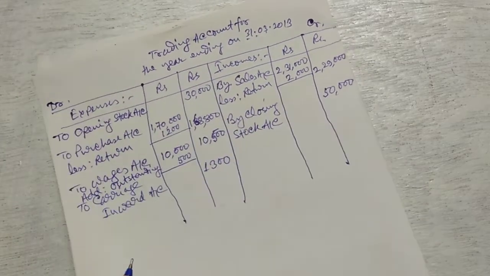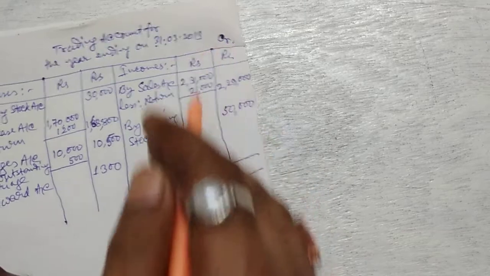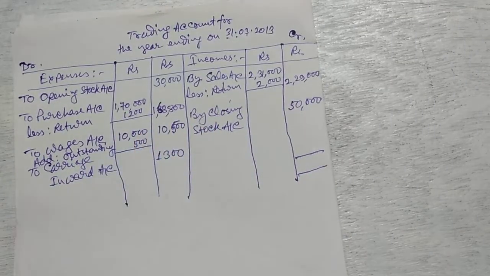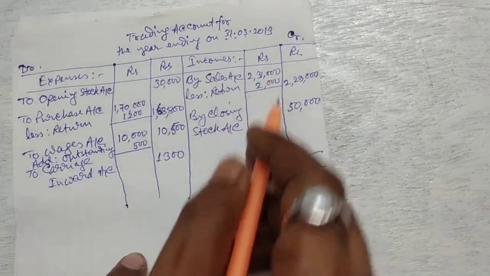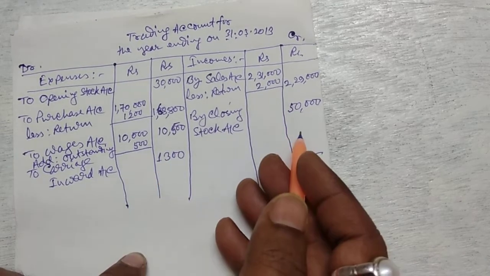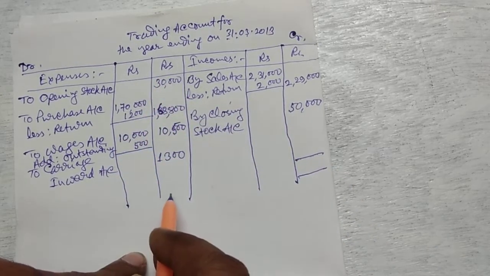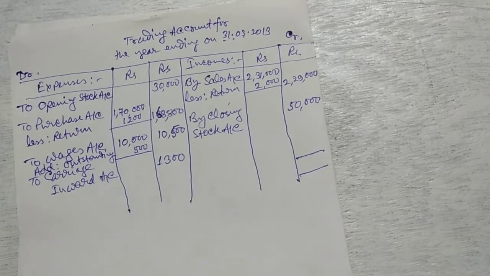Now at first we add the credit side here, because this is the income side. If income is greater than expenses, then there will be a profit. So at first we try to add income side. If expense side is greater than income side, then in that case we have to add this expense side first. But we assume that there is an income which is a surplus of income over expenses. Now add.